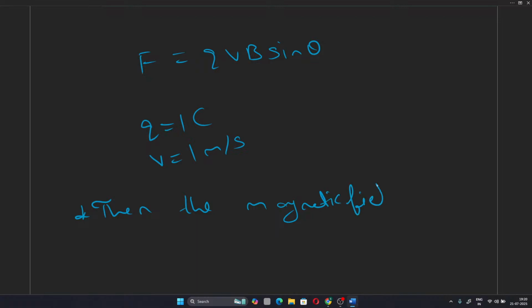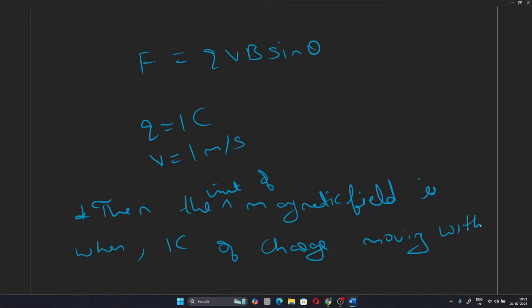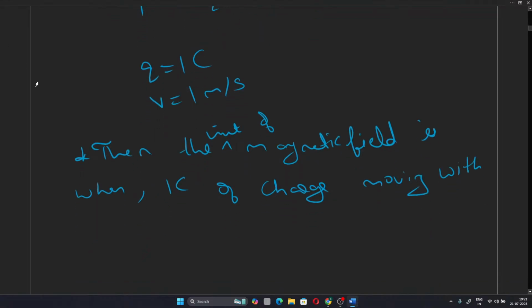The unit of magnetic field is when 1 coulomb of charge moving with 1 meter per second velocity